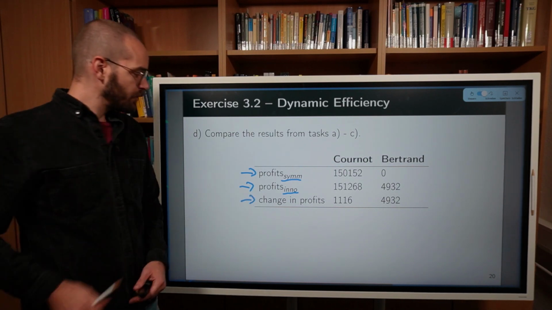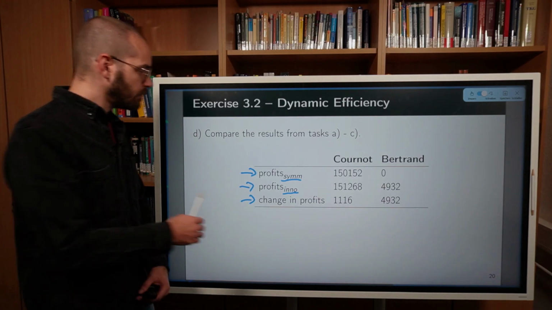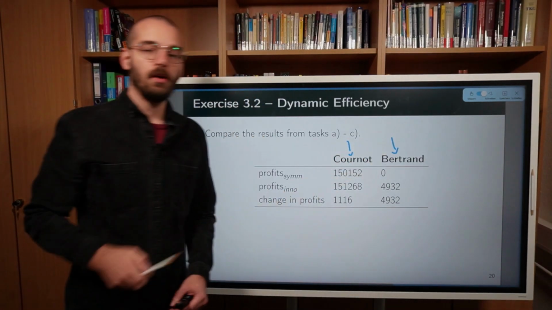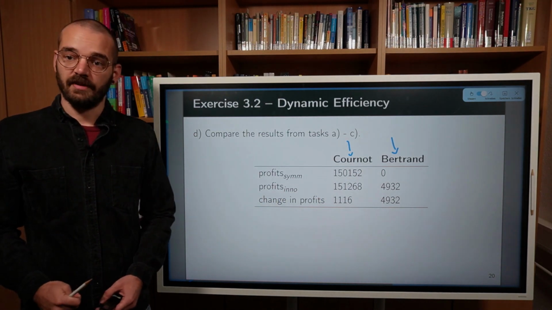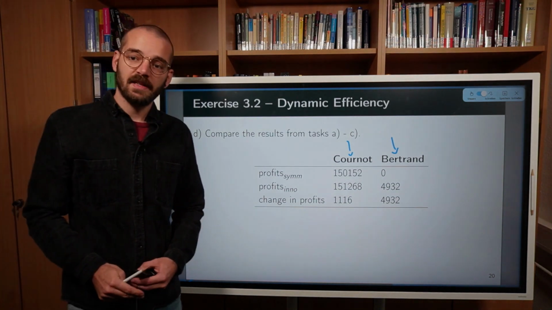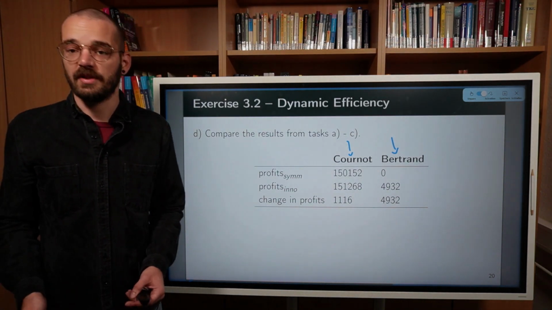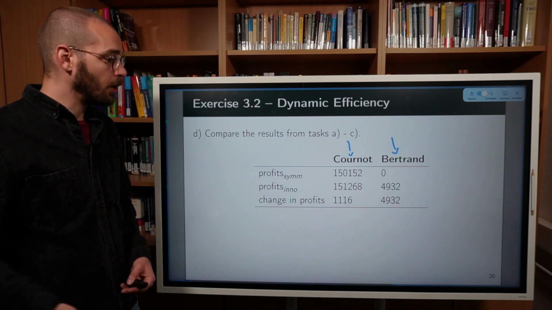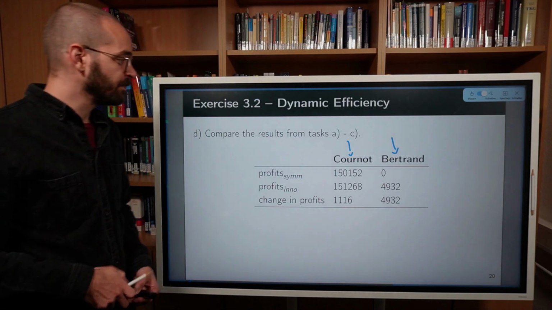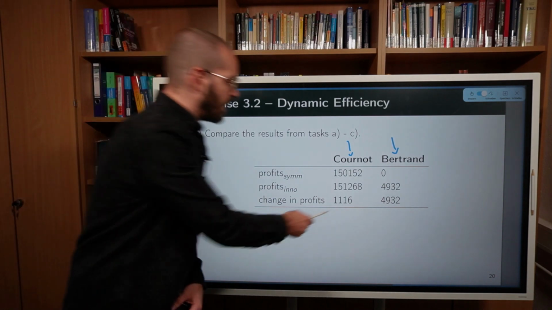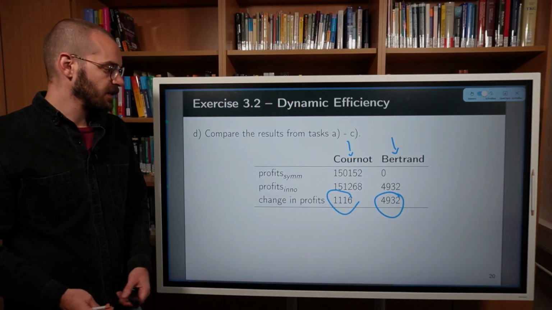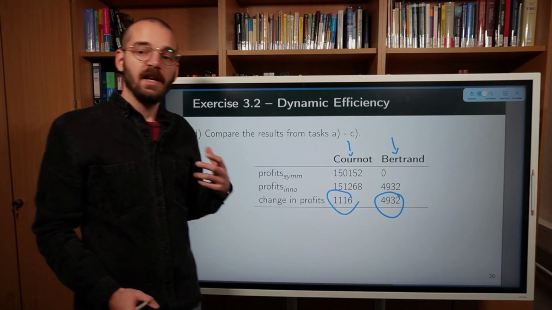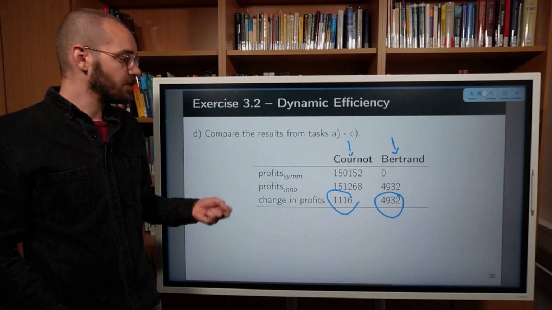And then in the third row, you see the change in profits. What we can see is that in both scenarios, the Cournot as well as the Bertrand oligopoly models, we see an increase in profits, which is what we should expect given this whole exercise is called dynamic efficiency, which is all about decreasing costs in the long run and thereby increasing welfare, not only consumer surplus, but also the profits. Then we can see that there is a difference between the market outcomes, or the effect of this innovation, between Cournot competition and Bertrand competition. In the case of Bertrand competition, the increase in profits is way larger,